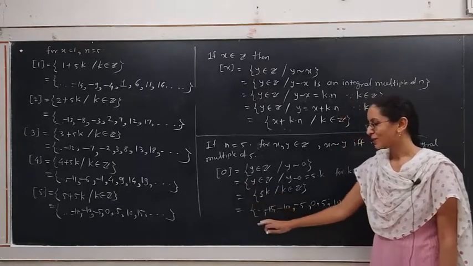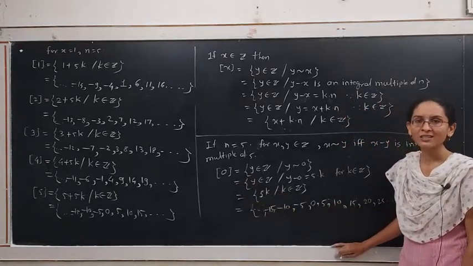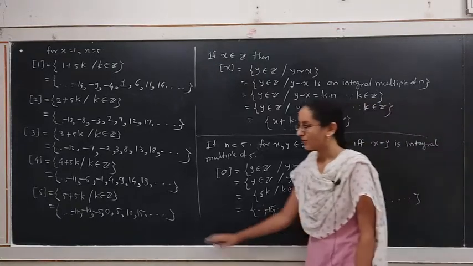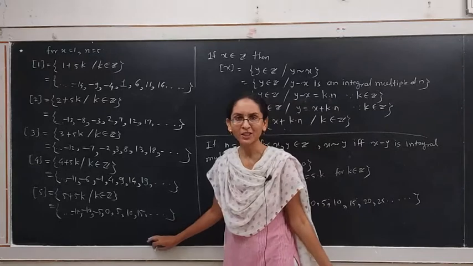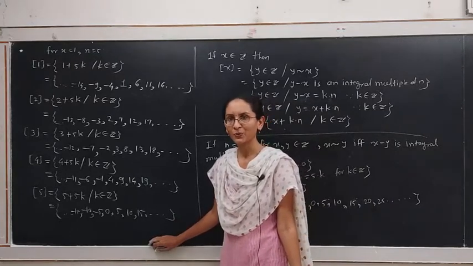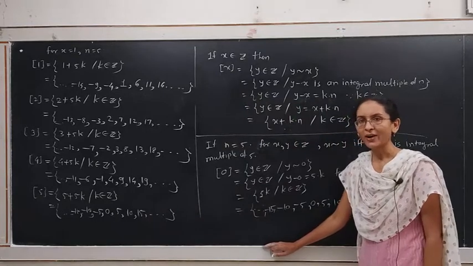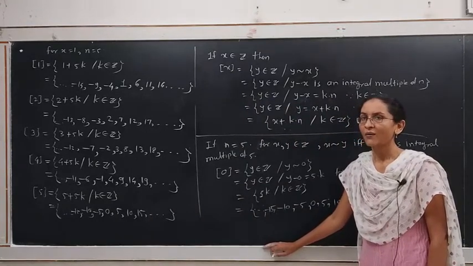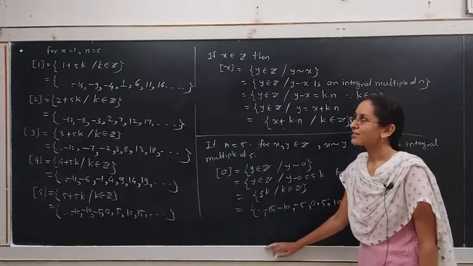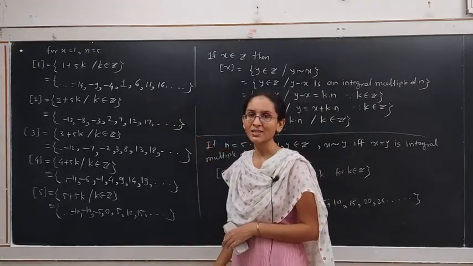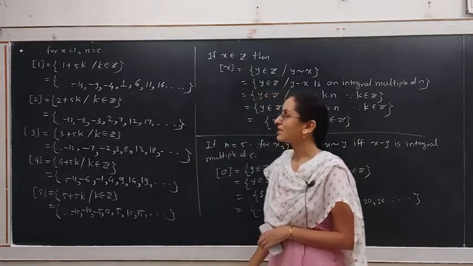Here the equivalence class of 0 contains all the integers that are multiples of 5, and the equivalence class of 5 contains the same integers, which are multiples of 5. Therefore these two equivalence classes are the same. Similarly, if we find the equivalence class of 6, we get that it is the same as the equivalence class of 1. Both sets are the same.